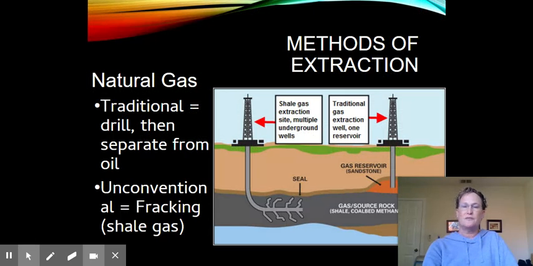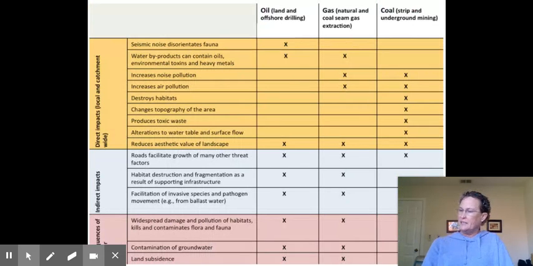And a method of extraction for natural gas is traditional drill and then separate from oil. And then the unconventional, which is getting used more and more and more, is fracking. And that comes from shale gas. All right, so now we have a